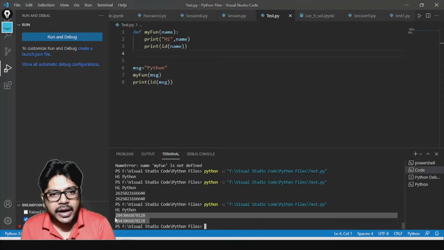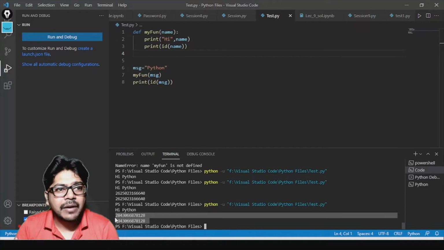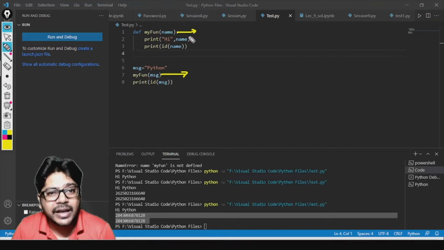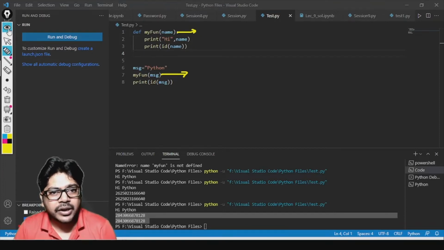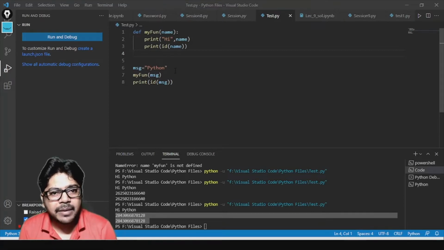Understanding now? So this is how you pass an argument. There are two name sets: one is the formal parameter, the other is the actual parameter. The actual parameter is the one which you are actually passing. The formal one is used to declare and define the function. Formal is for formality, and actual is the one which you are passing into the function. So that is called the actual parameter.